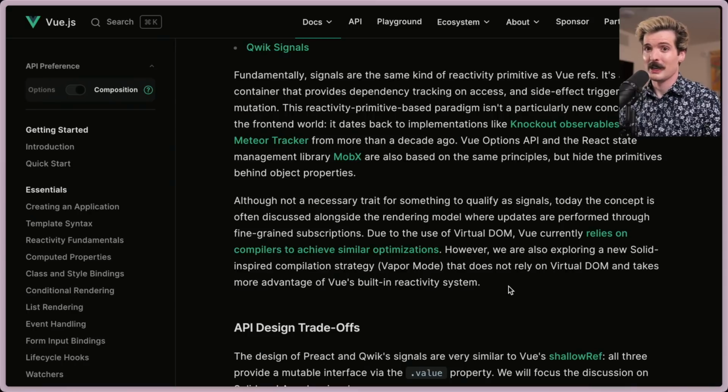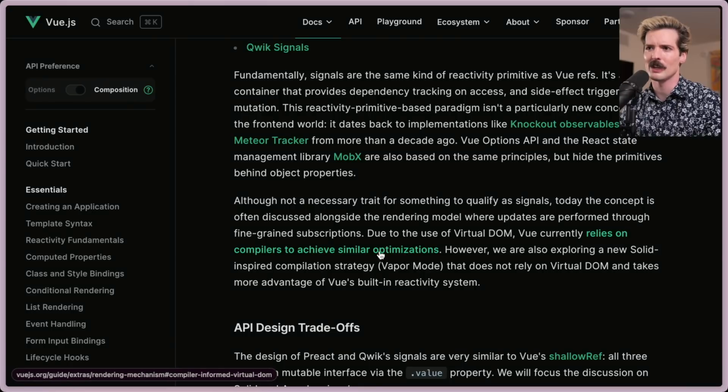Other frameworks are experimenting with these heavier compilers. Obviously, Angular is the OG weird compiler framework, but even Svelte does some crazy stuff with their compiler to try and optimize things based on the syntax. Solid and React are the two that don't really do much of this. They kind of just use Babel and existing transformers to generate the JS that comes out, and they let the framework handle it. It's interesting to see how much Vue has historically leaned into using compilers to achieve those optimizations